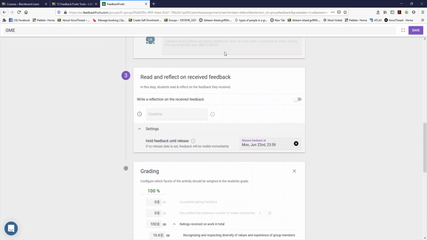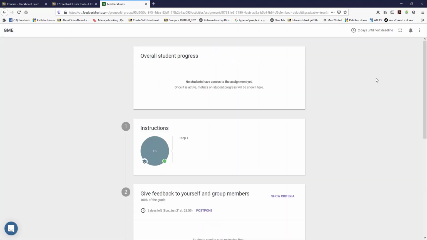Once you've finished, just press save. And that's how you set up a group member evaluation. Great for group work and great